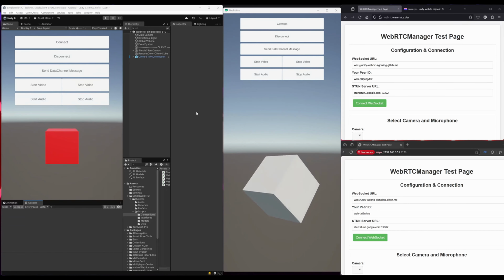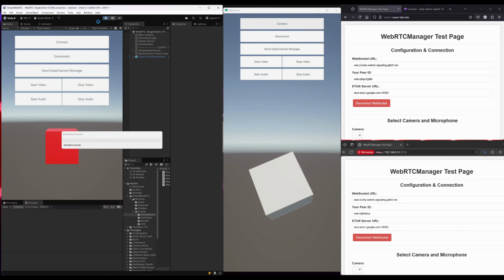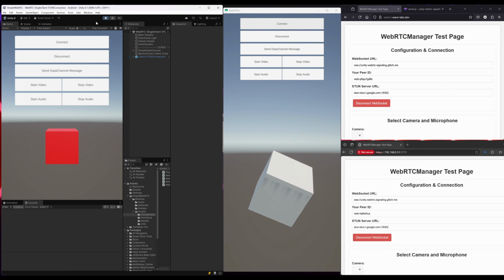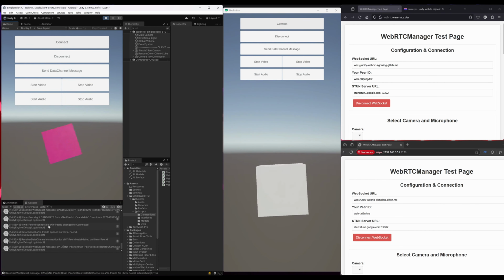So first of all, every client has to connect to our signaling server. And on this web page, we just click connect WebSocket, connect WebSocket again, do the same on our smartphone, and start the Unity editor to also connect. And as you can see here in the logs, there is already a lot going on. And if I now send a data channel message from my editor to others